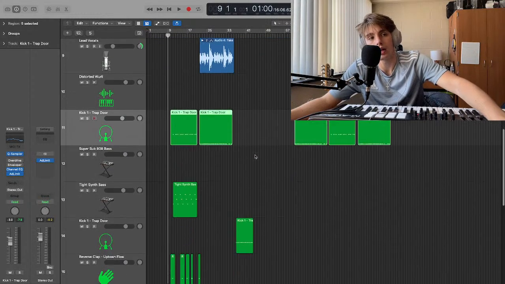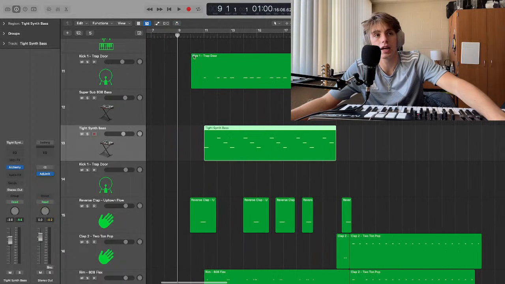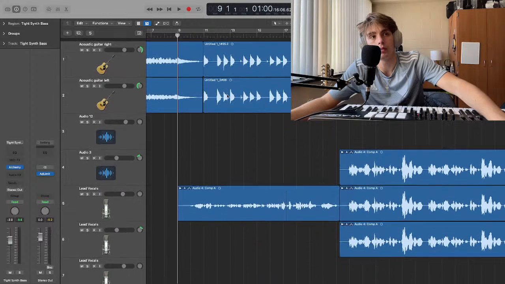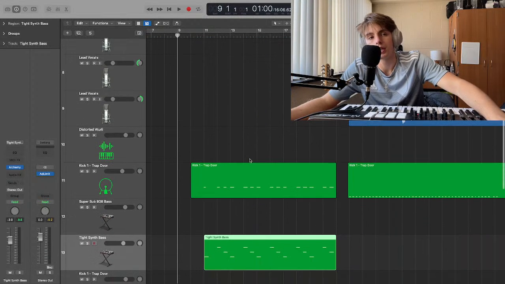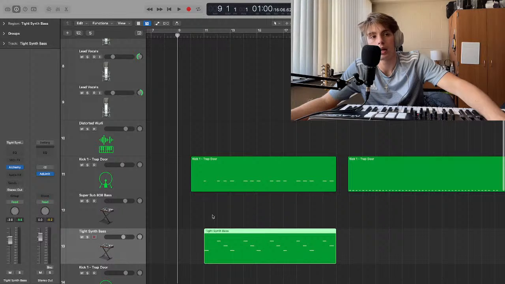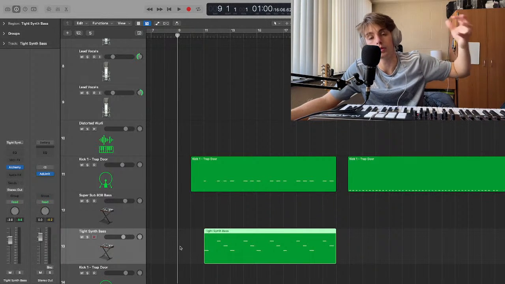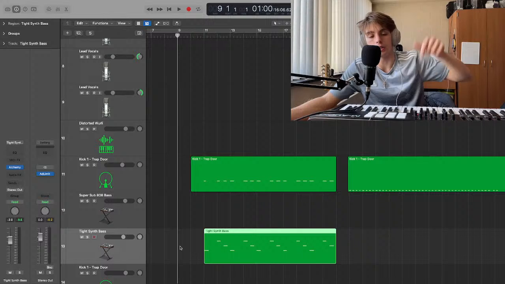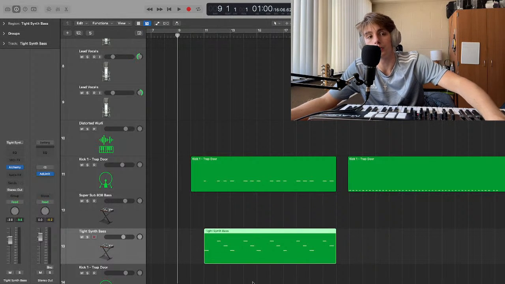And then the next thing I added was this bass right here. This is a tight synth bass, and as you can see, it lines up perfectly with this drum and with the chords of the guitar up here, which you can see in the audio, hopefully. Once again, all I did was line everything up together. I played a descending melody on the bass that followed the harmony of the chords, in a really low register. It's simple, but it's really felt.